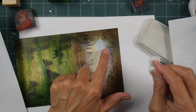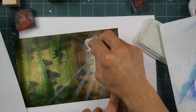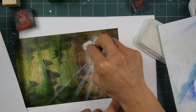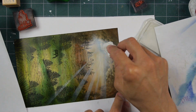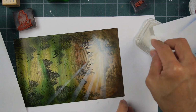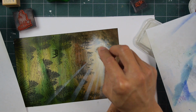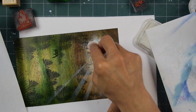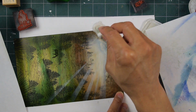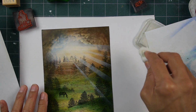When I stamped up my cloud, it was supposed to be brown, and it was like, oh my gosh, there was a ton of blue on it, from a previous scene. And I didn't clean it off, so it just stamped out bluer. But I mean, I think it looks fine. But I am going to subdue a little bluish tone in here by applying some of this white right over the top of it, so you can kind of remedy things at this point in time with doing stuff like this,